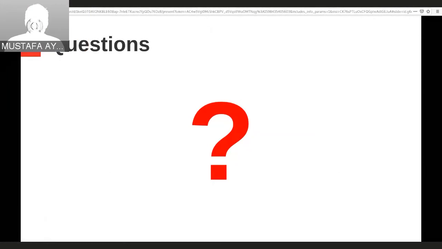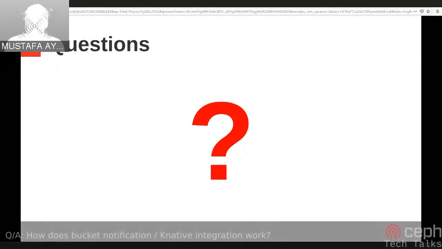Hi, Preetha. This is Mustafa. In STS Lite scenario, how does the Rados gateway know that the client has been already authenticated, because as far as I see it in the diagram, there is no communication between the Rados gateway and the Keystone or whatever provider there is. Yeah, so the get session token call is passed on from RGW to Keystone.